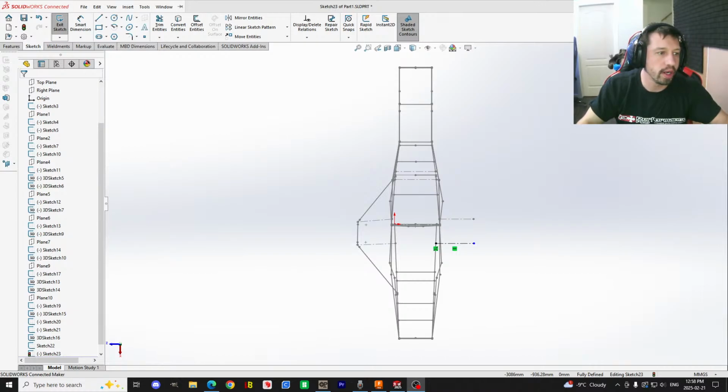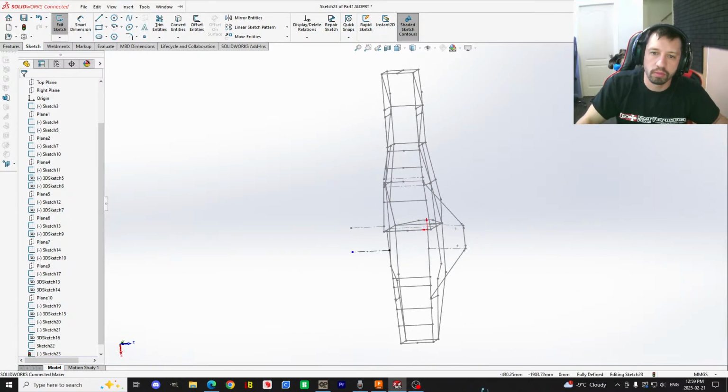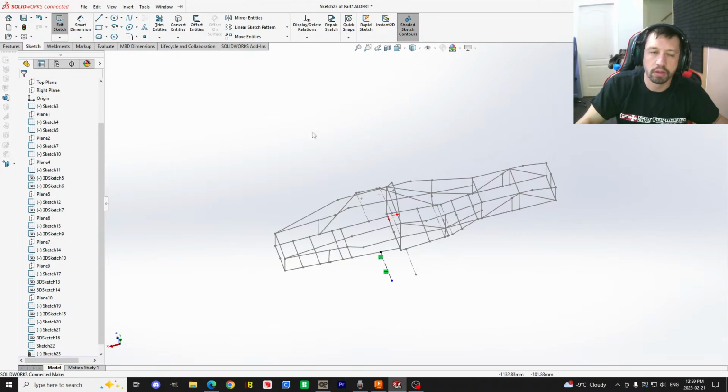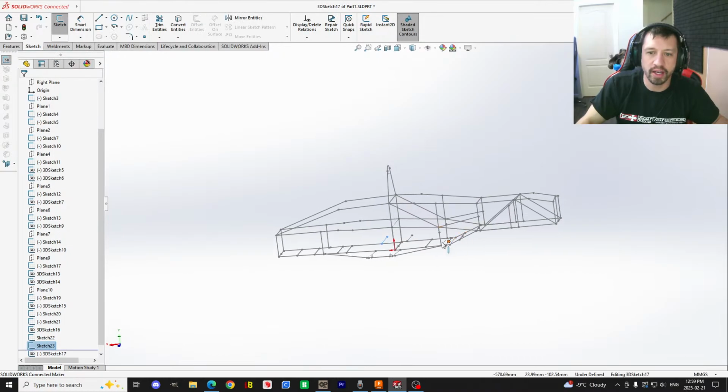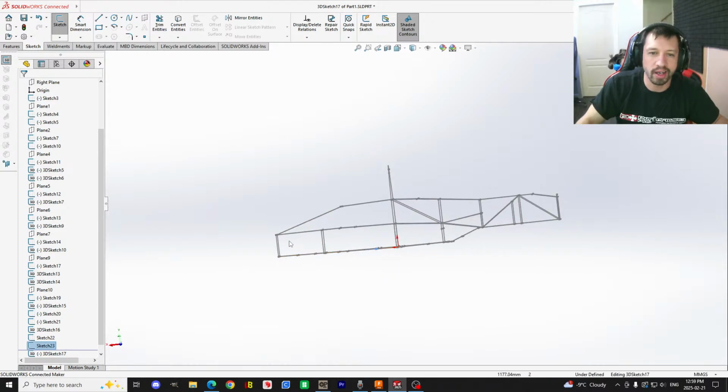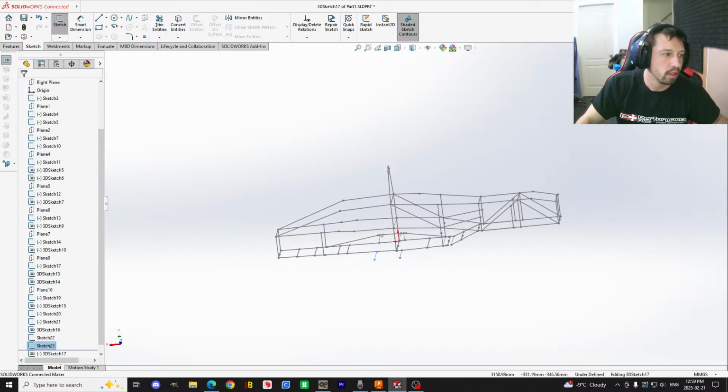Are you planning to incorporate aero into the body, or will that be separate removable components? Well, the whole body is going to be built as aerodynamically as it possibly can be. It's not going to have ground effects, though. You see this floor, how flat it is right here? If you wanted true ground effects, you needed it to bend back upwards. In the middle you needed it to slope back upwards so you can compress the air right here in the middle and then diffuse it out there. And I didn't learn that until